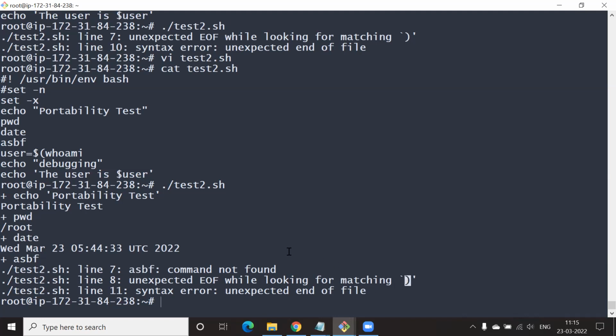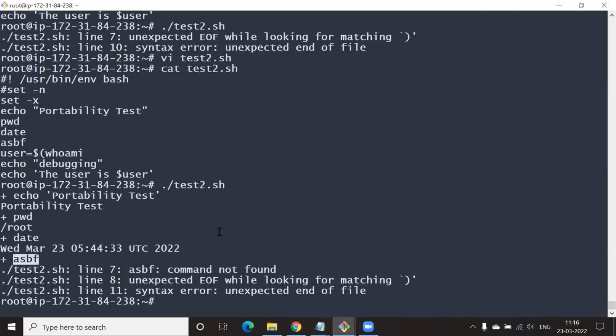Very good. In other words, more precisely, it is able to exactly pinpoint where we are getting the error. The moment the plus appears, that is what command we have given, what we have written, and just after the plus it is executing and showing you the result. For echo PWD date, no problem. But the moment it comes to the invalid command, notice it shows you the error. By looking at this, we can understand, this is where we're getting our error.